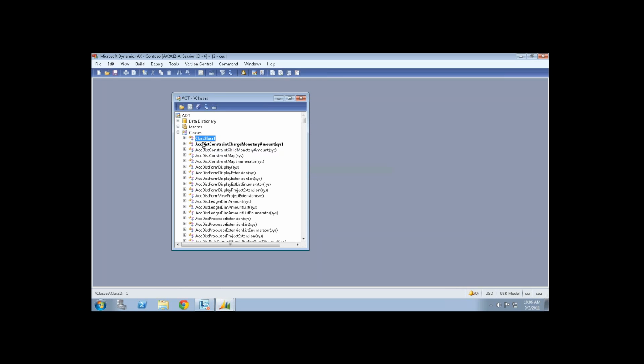Okay. Let me try to take a backup of both the classes. The backup in AX can be done through the export option. I'll select both the objects by pressing Control, and I'll right click, and there is an option called export. If I click on export,